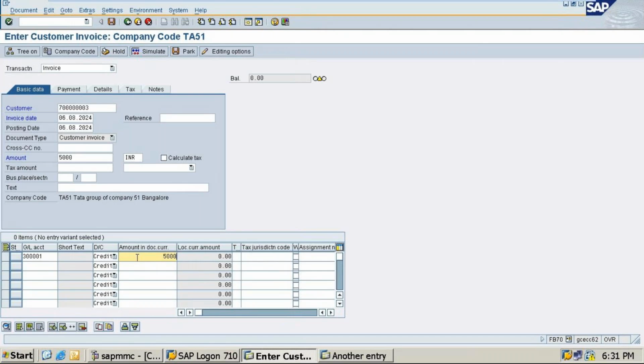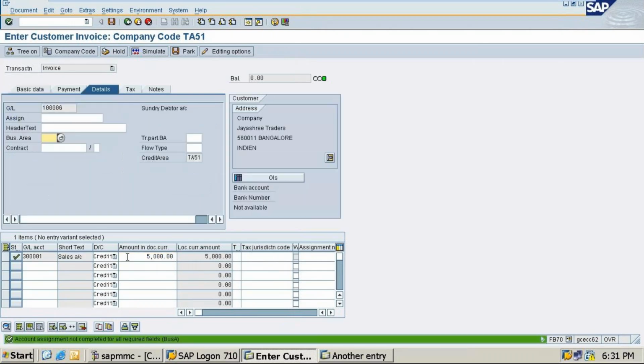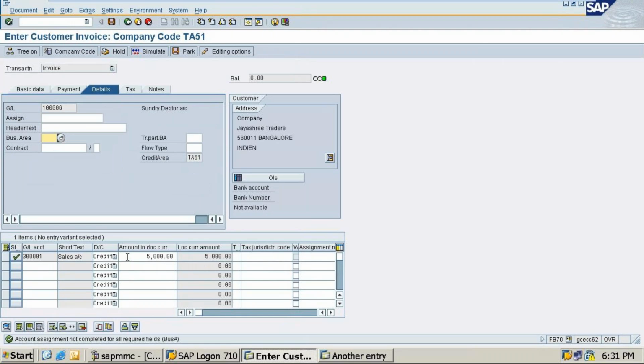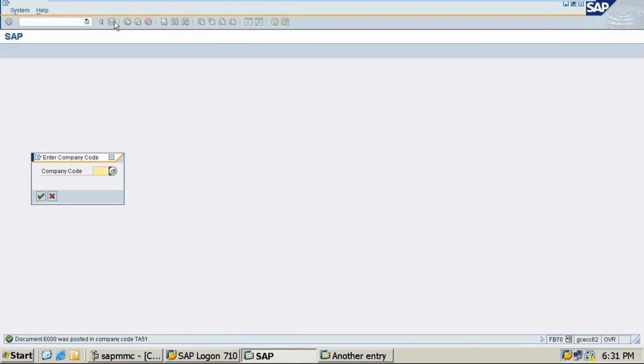So finished. So we'll press enter. The business area it is asking, we need to press enter. So after this you need to save this. This document has been posted. 6,000 was posted in company code.